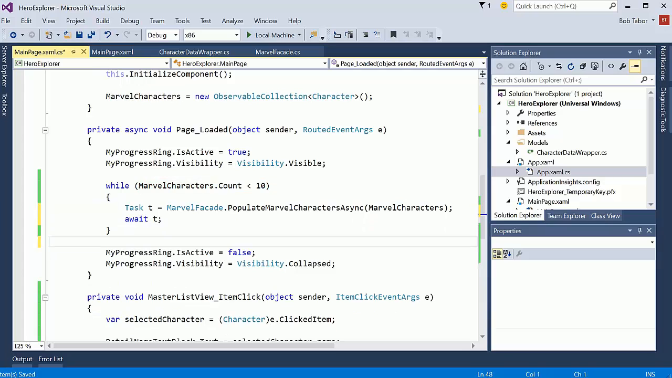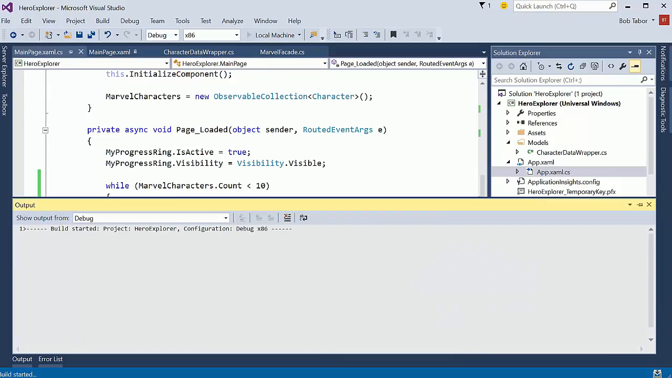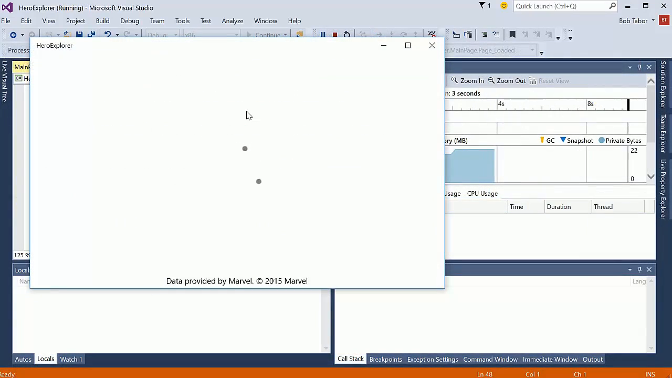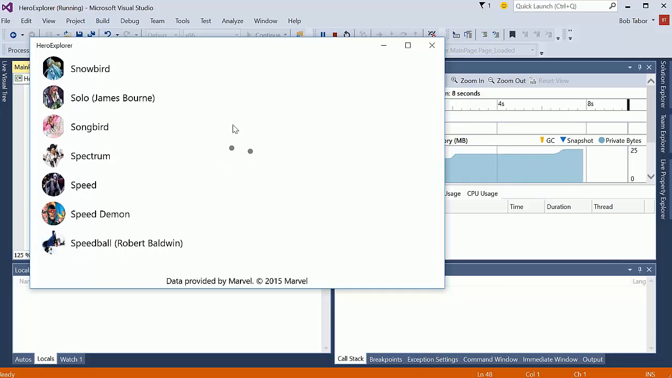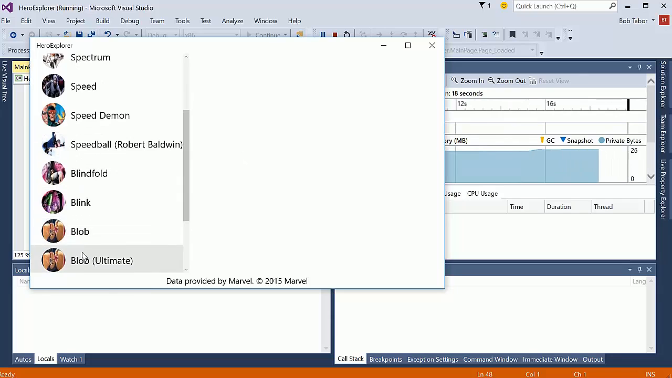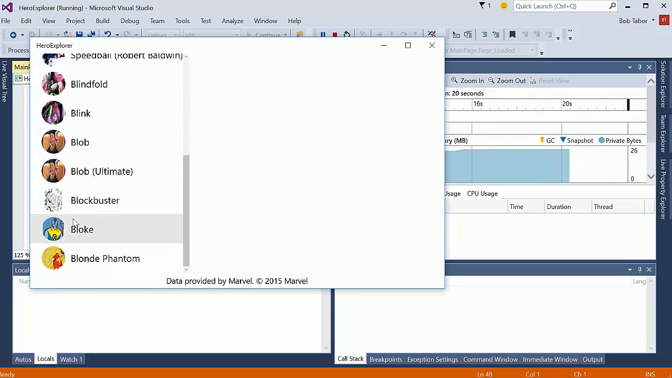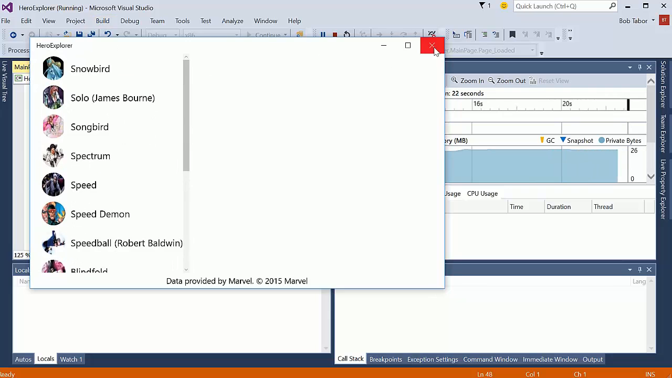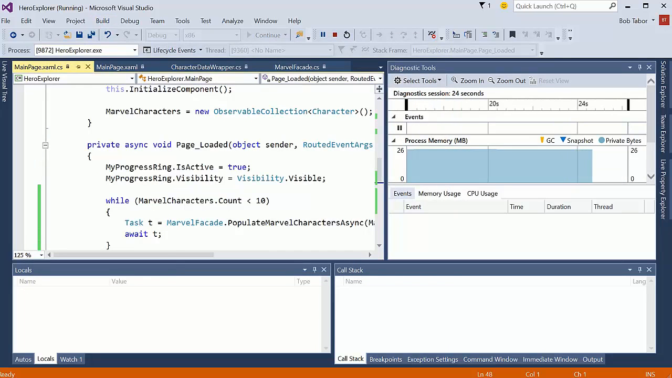So let's go ahead and run the application. 2, 3, 4, 5, 6, 7. And now I'm waiting for it. It's still going. Notice that. And now we have 8, 9, 10, and a bunch more. Okay. And then there's one last thing that I want to do, because this could still